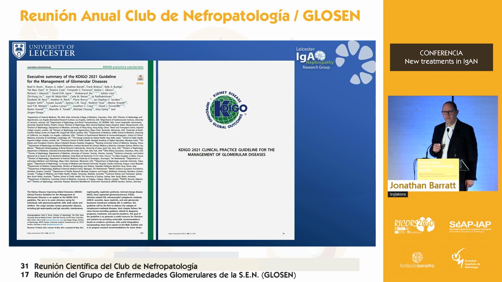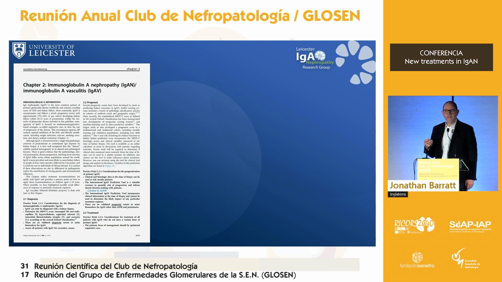And so how do we treat this disease? Well, we included IgA nephropathy and IgA vasculitis in the 2021 KDIGO guideline. If you were expecting to understand how to treat IgA vasculitis in this guideline, you will be very sadly disappointed. And the reason you'll be disappointed is because we have very little, if any, data. There have been very few studies in IgA vasculitis, both in adults and in children. So I'm going to talk you through where we are, where the knowledge gaps are, and what is happening to try and address that.